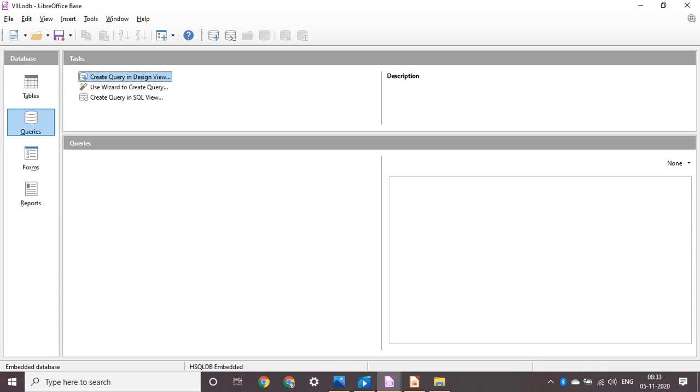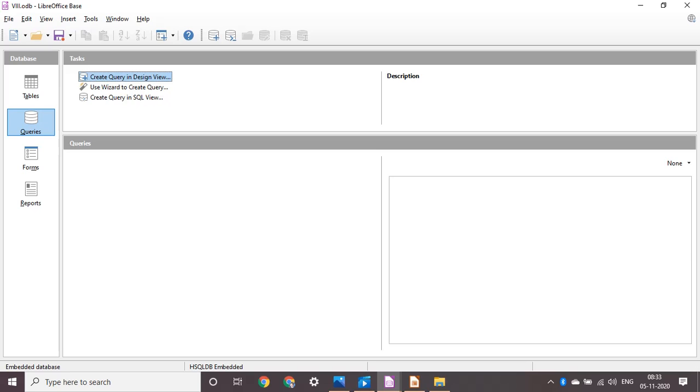Now students, the second topic is creating a query. Query means, suppose there is some condition based on which you want to filter the data, right? When your teacher asks you to make a list of students who have secured more than 90% marks, right? So more than 90% marks is the query, right?